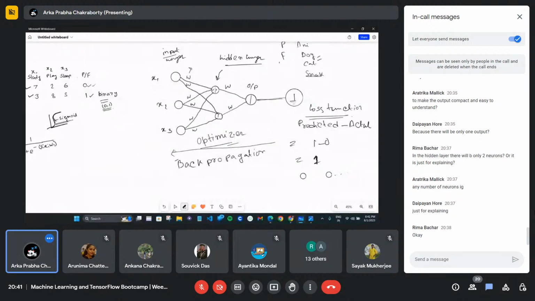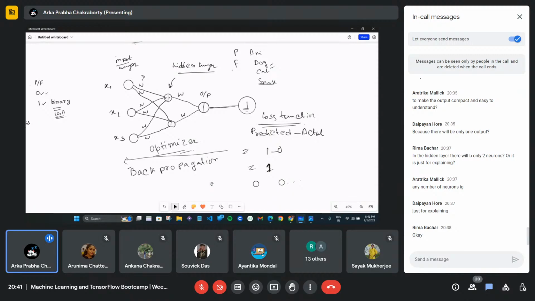In another way, it's just guessing, right? I have seen something new, and you guess the next thing. My loss tells how accurate my guess is, and based on that accuracy, my optimizer guesses the next iteration or the next value of the output. So this is the basic concept of a neural network for now.